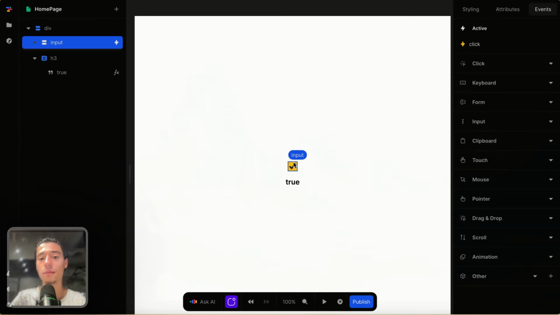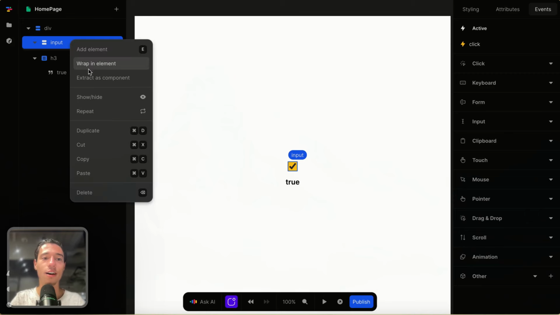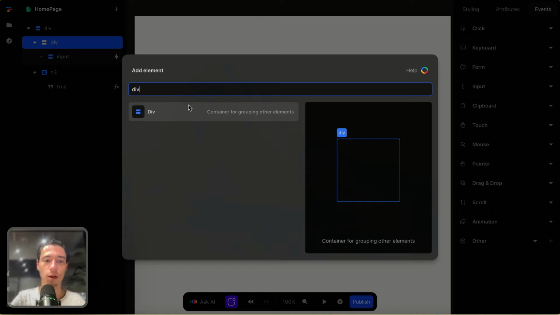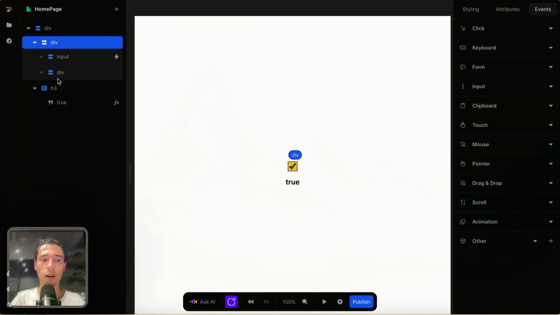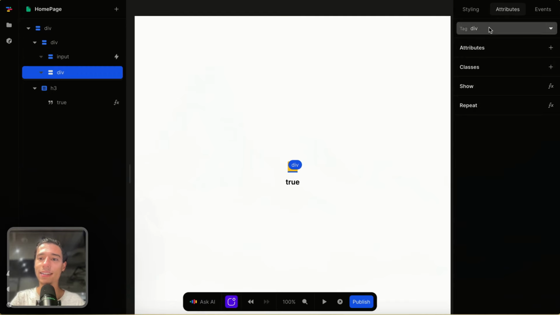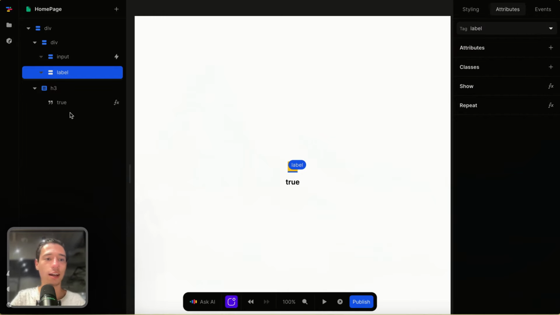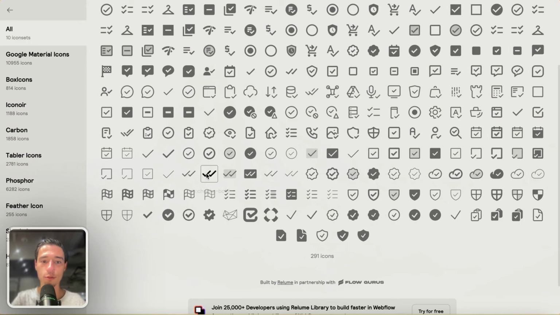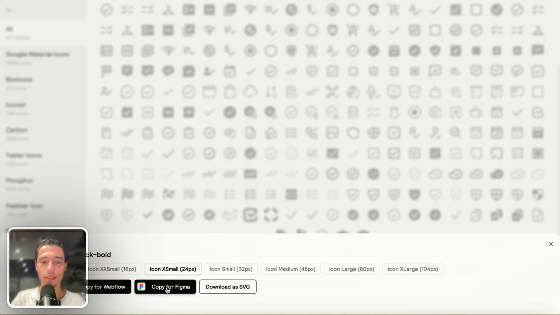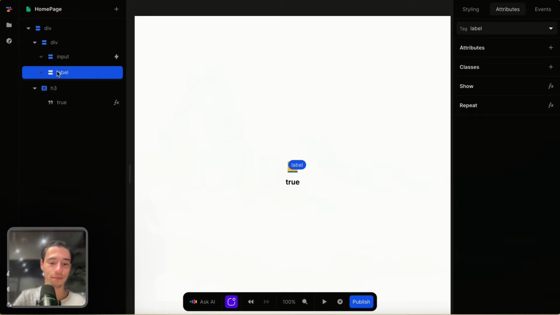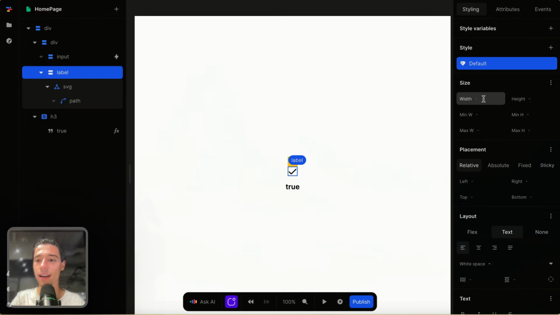Now, there are also some other cool things, like how you can make the checkbox custom styled. So I could wrap this in a div block, and then I can add another div block in here and take this div block and turn it into a label. That's how I make a custom checkbox. And now I go to something like Reloom, and I'll take an SVG icon for a nice checkbox, and I am just going to paste it in the label,